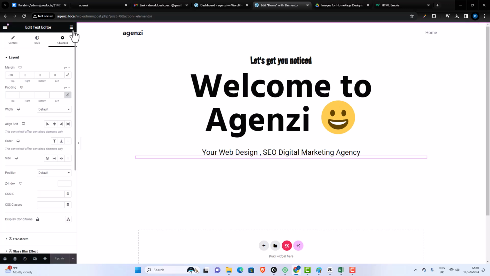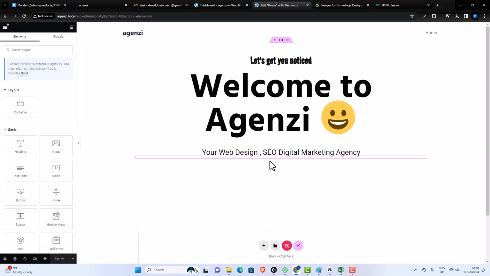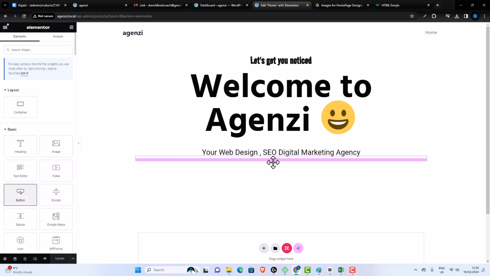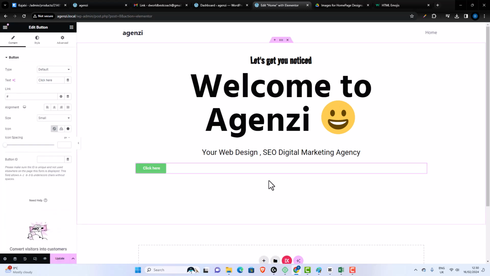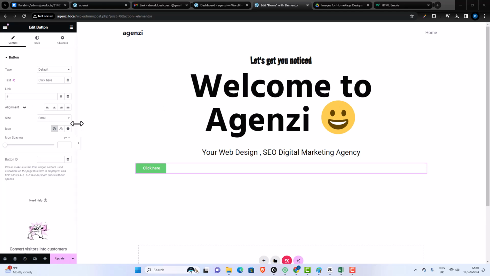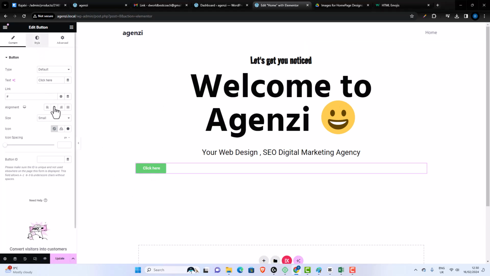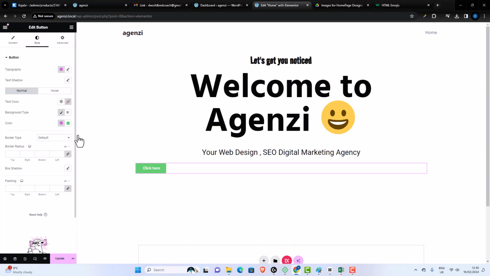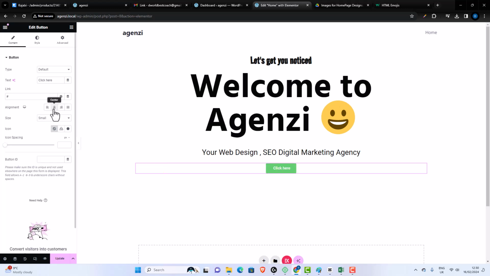So we need a button. So let's come straight down in there as well. So let's drag a button, put the button down somewhere around there. Okay, that's it. So now let's check it. We're running out of time, but let's quickly get it done. So this button, I want it to be at the center as well. So I can say come to the center. Right, where's it? Let's say content. I want the button to be at the center, and at the same time I want it to have